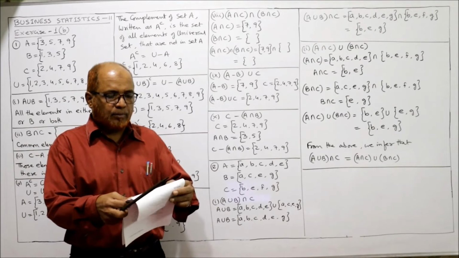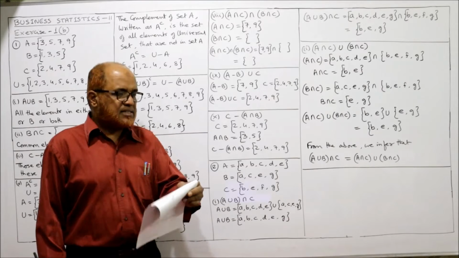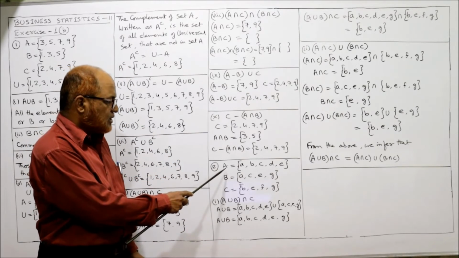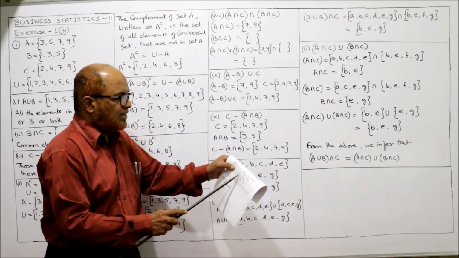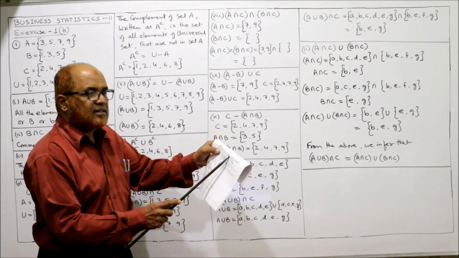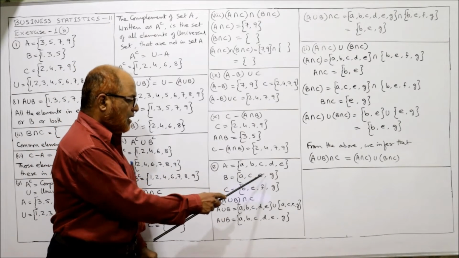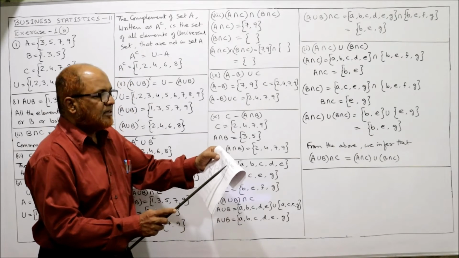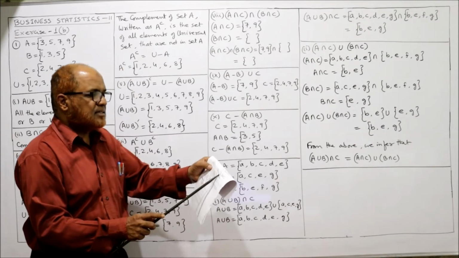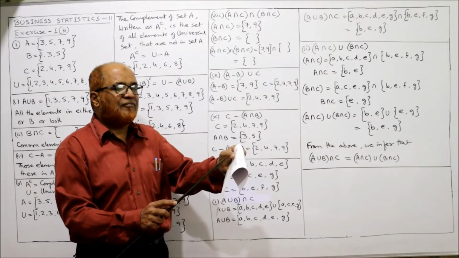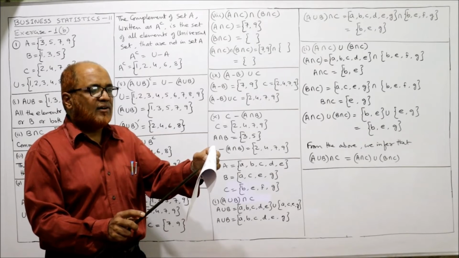Now, second problem. Given 3 sets, A is the set with elements A, B, C, D, E. Then B is another set, with elements A, C, E, G. C is another set, with elements B, E, F, G. 3 sets are given: A, B, C. Now 2 questions are asked. Find: